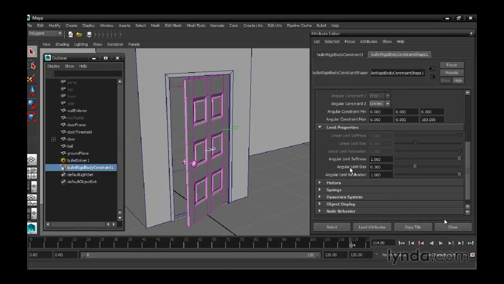Then we come to the limit bias and the limit relaxation. And these both control the amount of bounce. They're a bit cryptic as far as what exactly they do, but we will see that if we reduce both of these down to 0